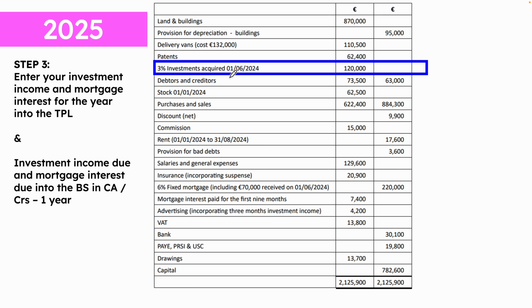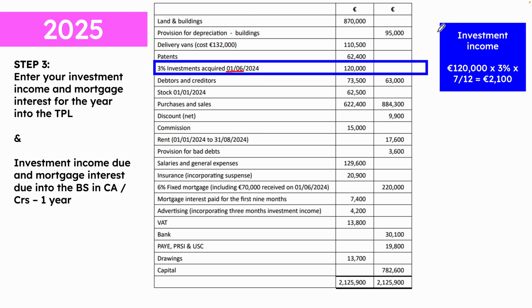So it started on the 1st of the 6th. So they had it for the 6th, 7th, 8th, 9th, 10th, 11th, 12th month. So for 7 months. So if you calculated that out, it'd be 120,000 multiplied by 3%, multiplied by 7 over 12, and that is